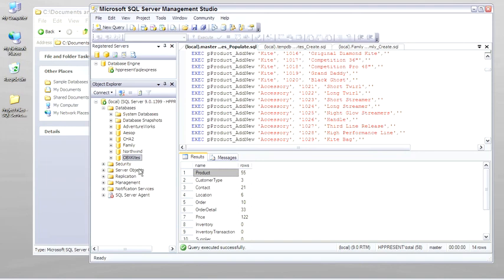So in this lesson, we explored SQL Server architecture, looked at client-server architecture, the different components and features inside of SQL Server,